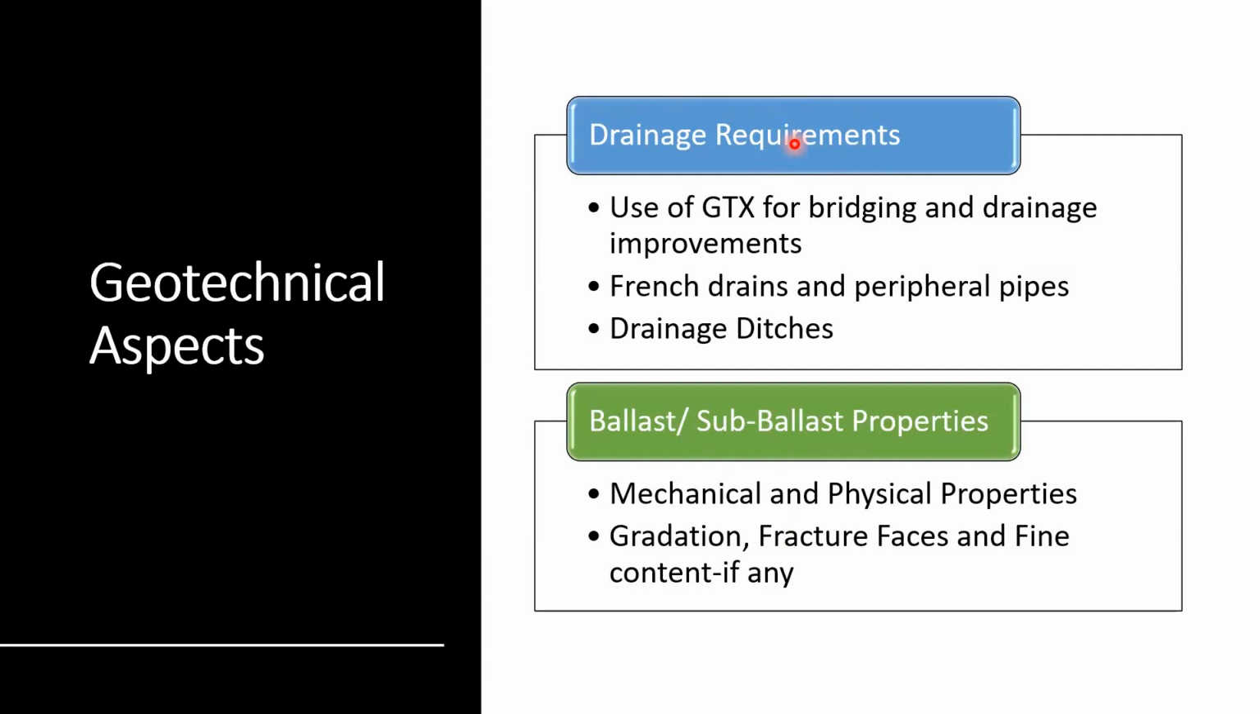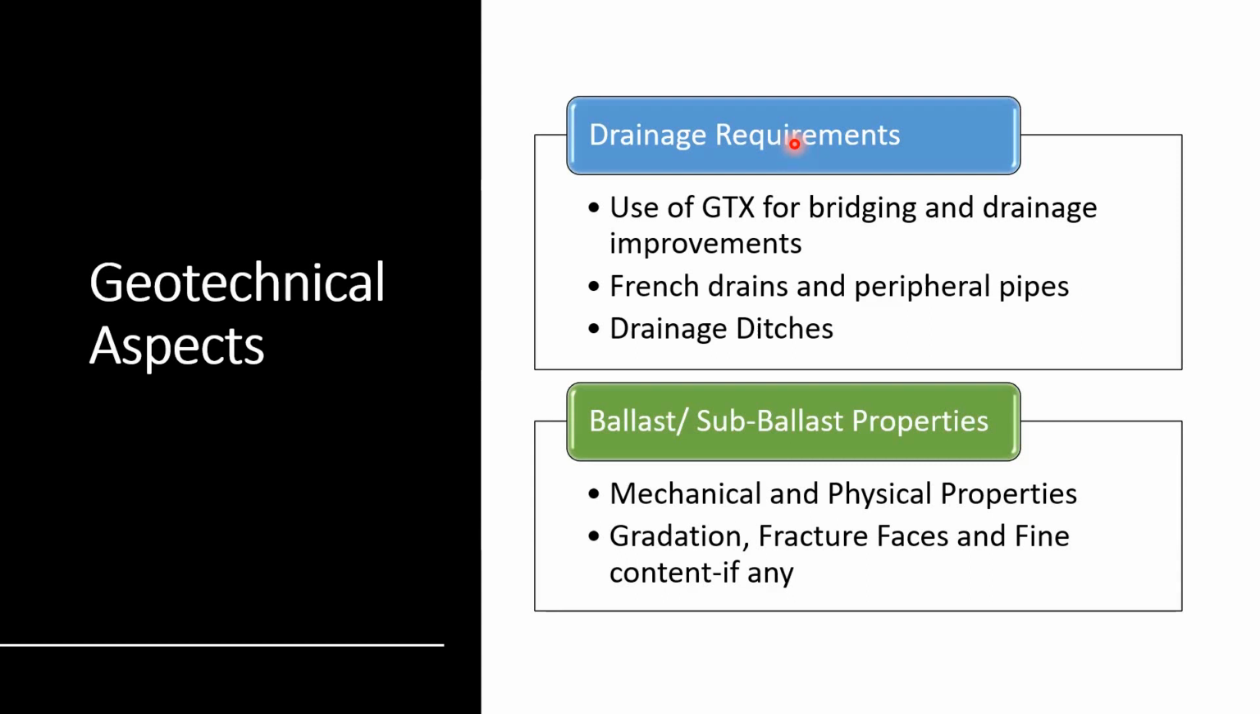Geotextiles are very important to be used for bridging when you have areas of soft pockets along your alignments, and also to improve your drainage requirements. French drains and peripheral pipes are often recommended, and you should make sure that they are reflected in the civil